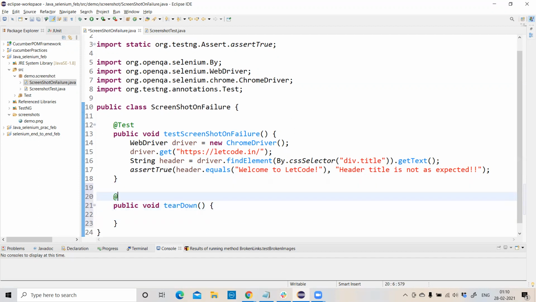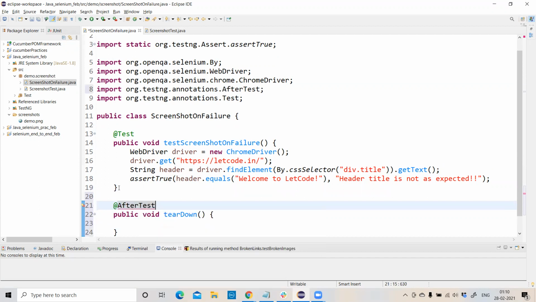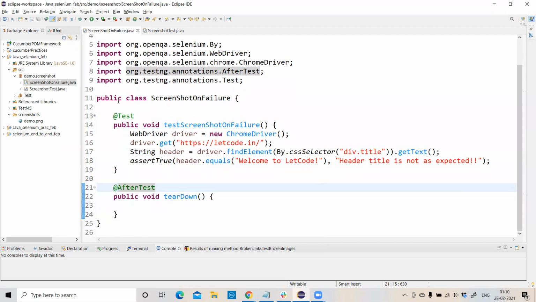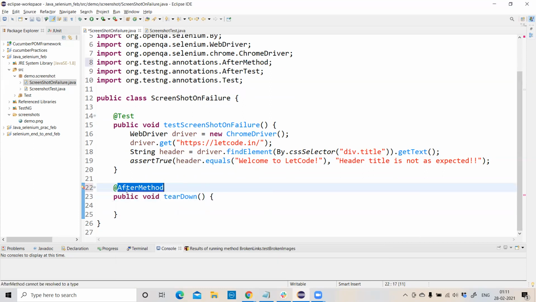Let me annotate it as AfterTest. Sorry, it's not AfterTest. We should use AfterMethod, since we should run it after the method. Just import it. Actually, it doesn't matter here, guys, since we are having only one test case.